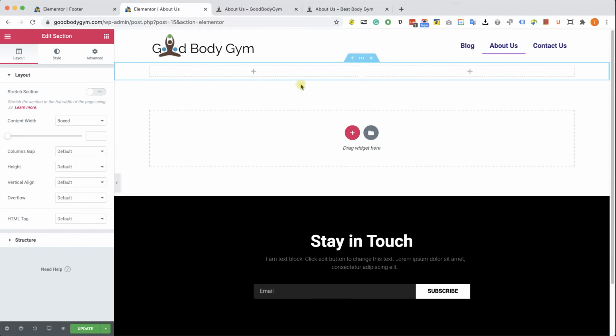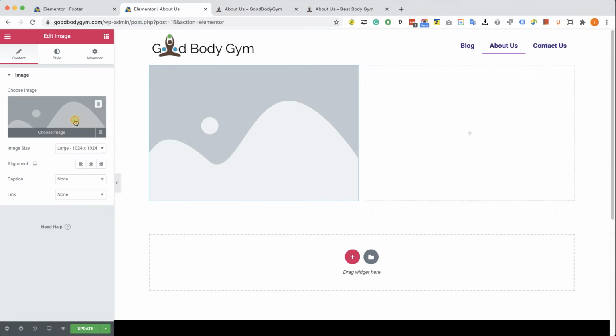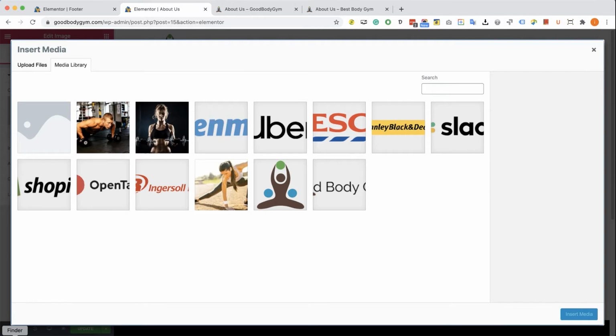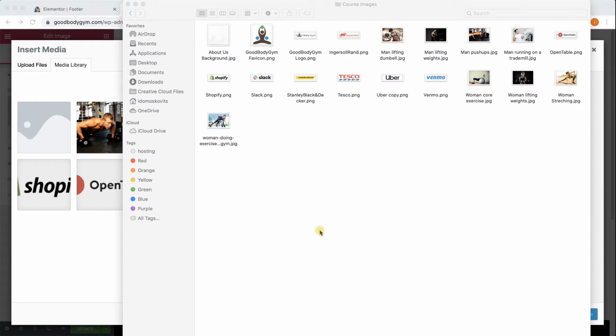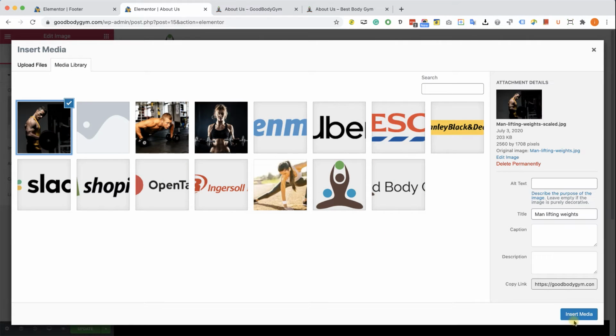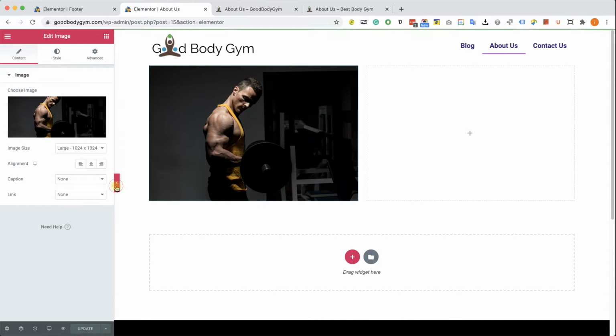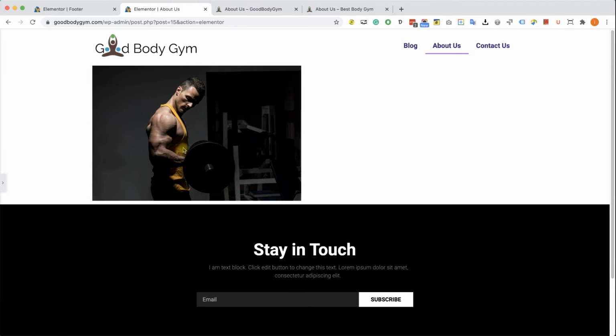To the left column, we will drag an image, the image widget over here, and we will choose our coach to be on the left side. This guy over here, just like so. I'm going to check it and click Insert Media. Excellent. I will save our progress, and when closing the Elementor sidebar, we can see that this column doesn't take